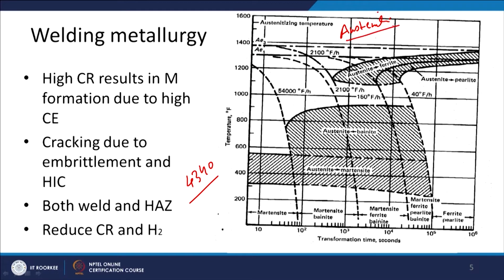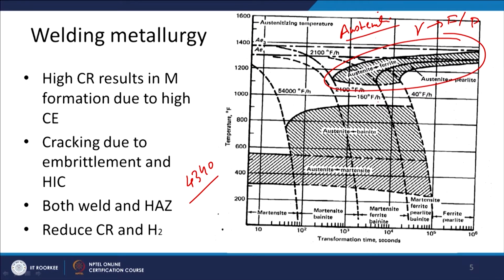What happens to the steel when it is cooled at different rates? What we can see is that there are 3 zones in this continuous cooling diagram. One zone is where the different phases are formed when the cooling rate is low, and this zone corresponds to the transformation of the austenite into the ferrite as well as pearlite.